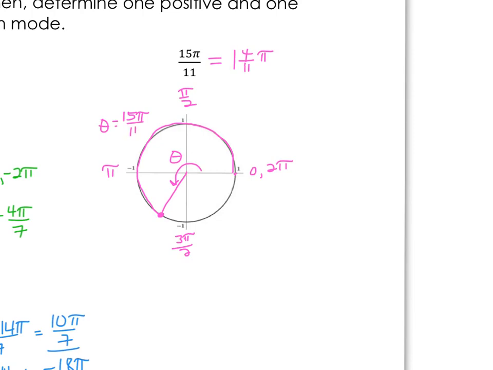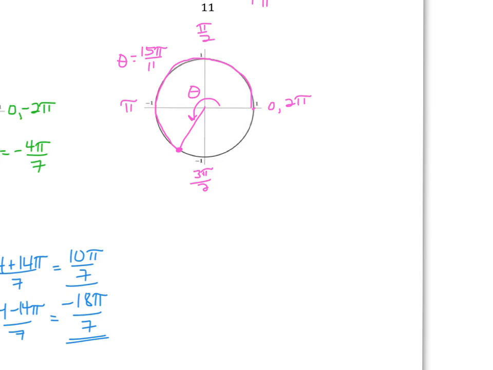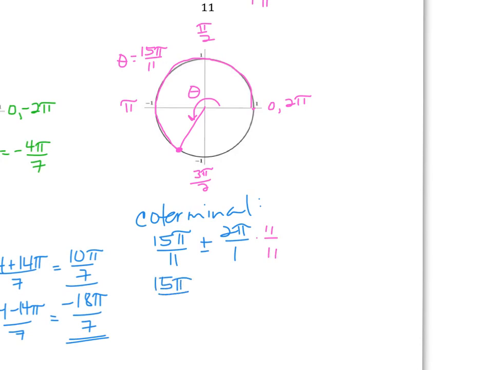Whew, that's the tricky part, just trying to find kind of that location. And I really just want you to end up in the correct quadrant, hopefully either closer to the x-axis or the y-axis, depending on what your fraction would be closest to. From there, we just follow our definition for coterminal, and then we're done with this section. So for coterminal, start with your original measure again, 15 pi over 11. If we add and subtract multiples of 2 pi over 1, our common denominator is 11. So we need 11 over 11, and that would give us 15 pi over 11 plus or minus 22 pi